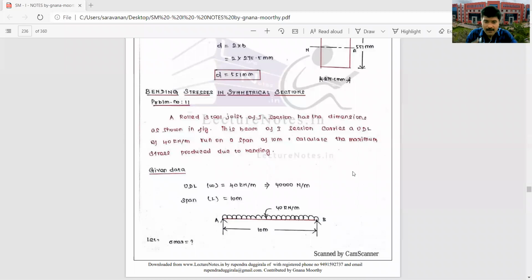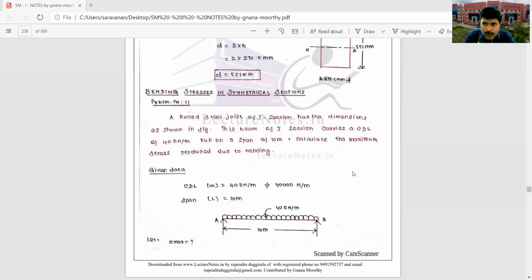Hi. So we are discussing the third unit, flexural stresses and shear stresses. Flexural stresses is nothing but bending stresses. In that, we have seen the introduction. What do you mean by flexural stress? I mean bending stress, and what do you mean by shear stress? And what are the theories of simple bending and the assumptions made in the theories of simple bending?